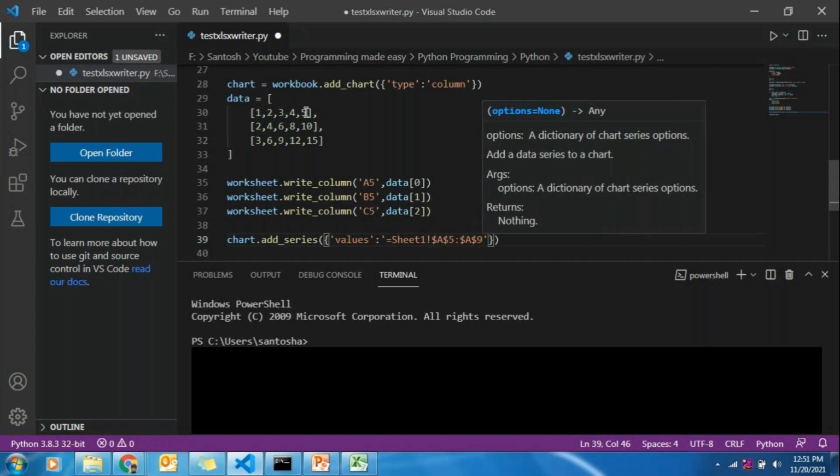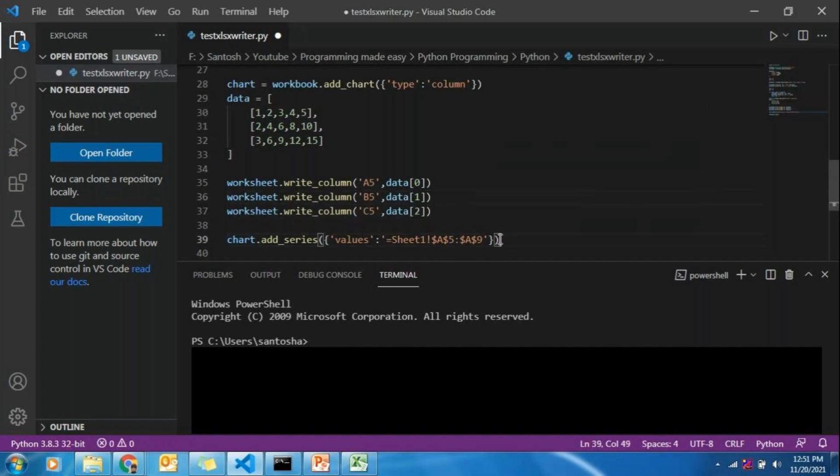So that is the range. So A5 to A9 is added to the chart as a first series.